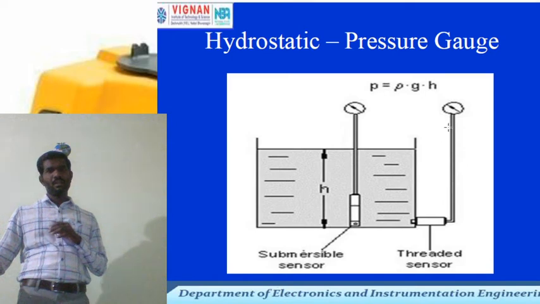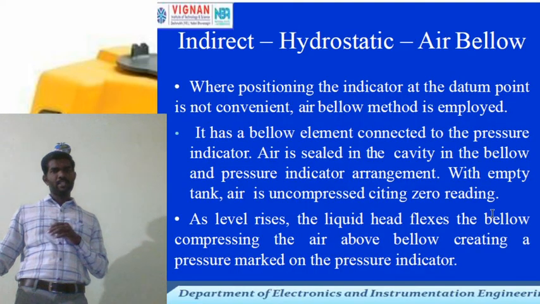Next one, if you see the construction of that, we can consider P is equal to rho g H, where H is the total height of the tank. Okay, so this will be a threaded end sensor, and of these sensors, these two will be compared, and the height of the tank is also an important factor here. And next one, the air bellow